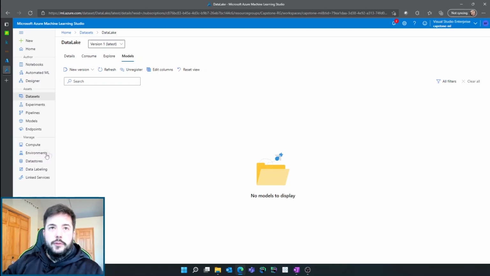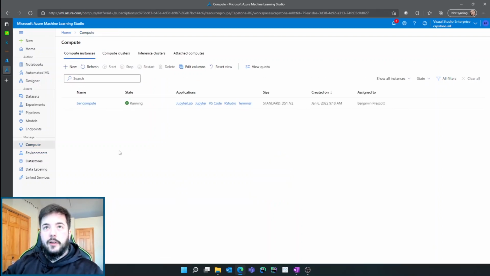All right, so let's jump over to compute instances. So this is where the back-end services exist in Azure ML that support training and inference and everything else that needs to go on within the platform. You cannot operate within Azure ML without any kind of compute instance attached, but that does not mean you can't go back and look at previous experiments, notebooks. You can still view all of the data that's stored because it's all stored in a storage account. You just cannot operate on it. You can't run new commands, new Python commands or whatever it may be unless you have a compute instance attached,